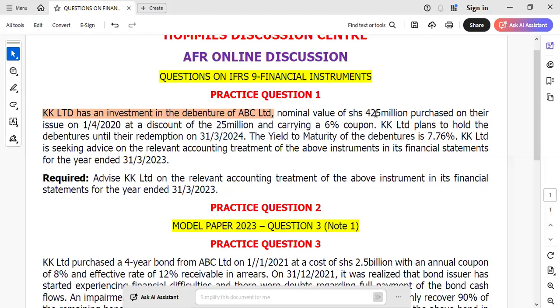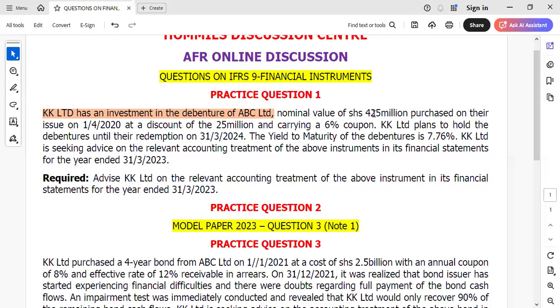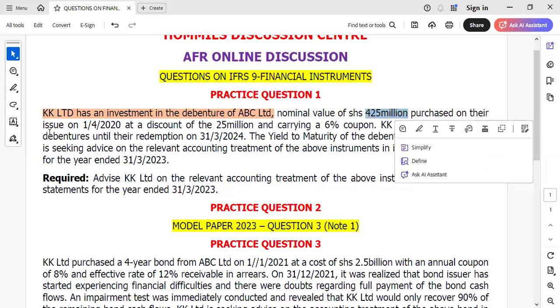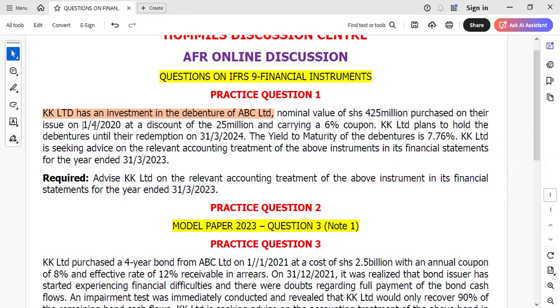They are telling us a nominal value of 425 million shillings, purchased on issue on 1st April 2020 at a discount, and carrying a 6% coupon. Okay, this is very key. Now your objective, what I was telling you: are you going to use amortized cost, or are you going to use fair value? What is your